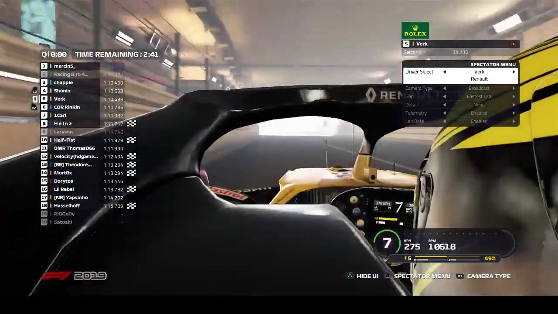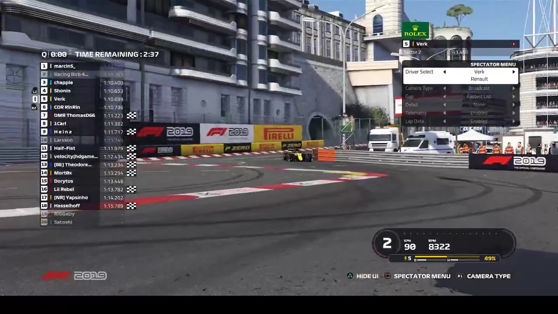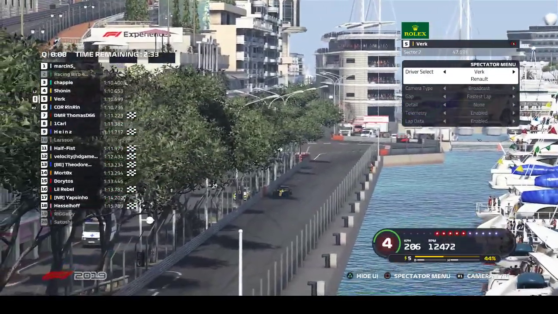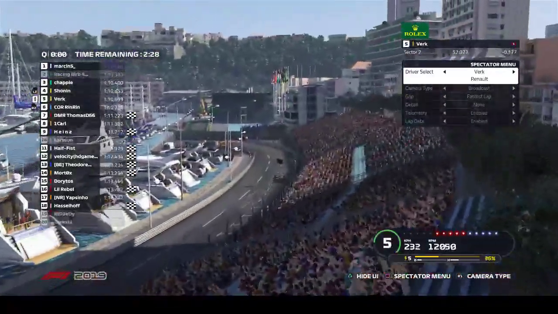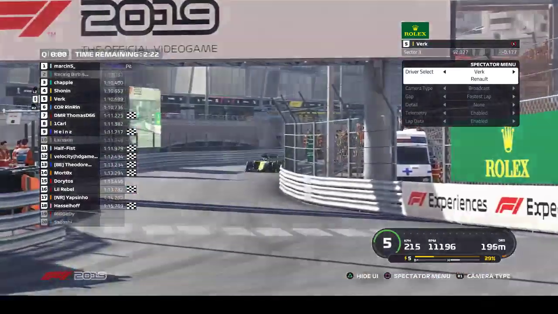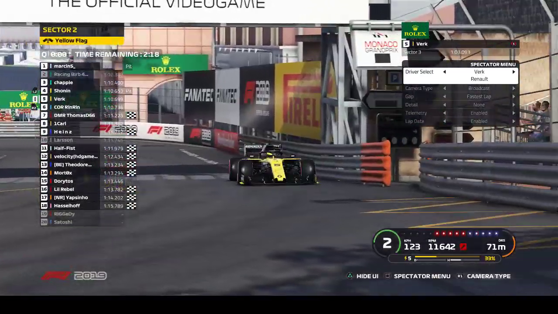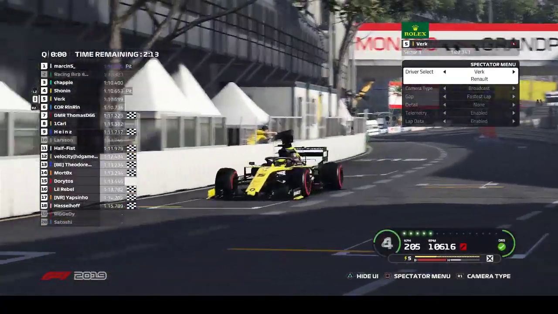As Verk is still a tenth up, let's see how he does coming through the harbour section. He looks like he's kept his nose clean at the minute. So as he comes through the final part of sector 2, let's see how he does. Chappie gets impeded by a Toro Rosso. Oh no. Verk is still one hundredth of a second up. As he comes through, he might still be able to get P3, P2, maybe P1 if he improves his sector 3